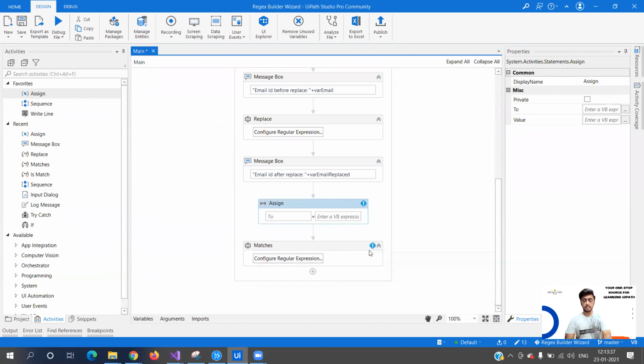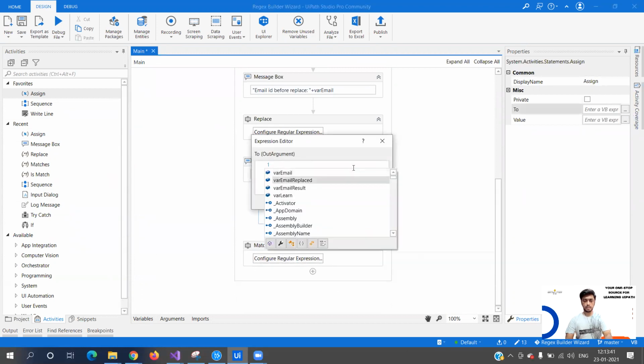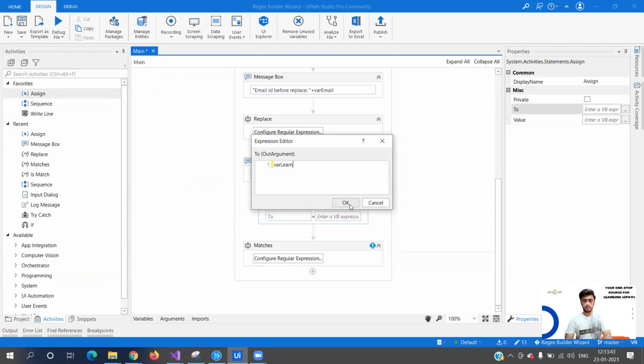Since it gives us multiple values, we are going to assign it to where learn.